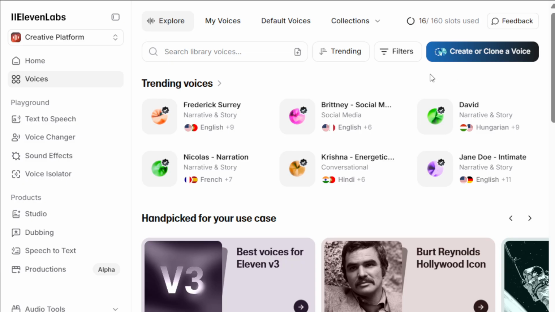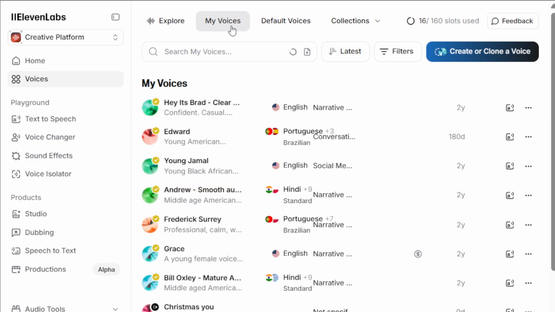Ready? Let's get started. First, you'll need to navigate to the Voice Lab. Think of the Voice Lab as your control center for managing all your audio creations. Within this area, you can listen to, edit, or delete any of your custom voices. Once you're in the Voice Lab, take a moment to get familiar with the interface so that you can easily